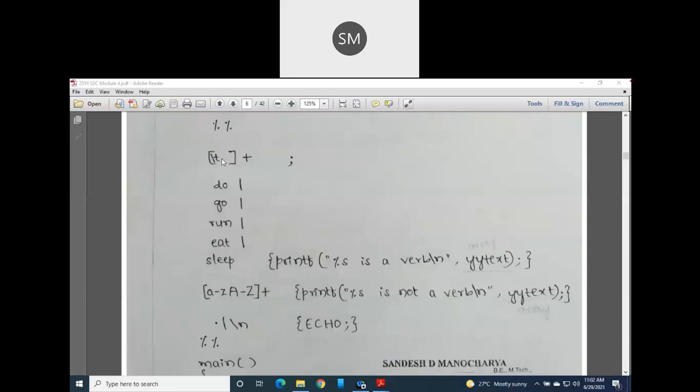Immediately after the square bracket, I have used a plus. What does it mean? In your sentence, paragraph or page of text, you may get one or more white spaces like this. At least there will be one or more white spaces. Otherwise, if there is no space, then you call it only one word.